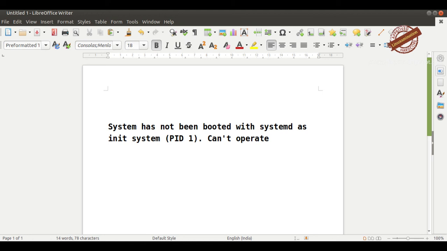So this is the main solution to your problem. You need to pull the correct Docker image and then launch the container from this image. You will not get this error.